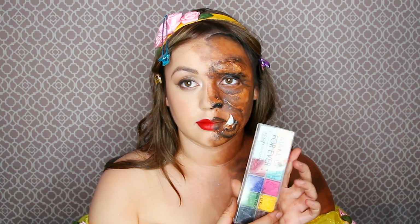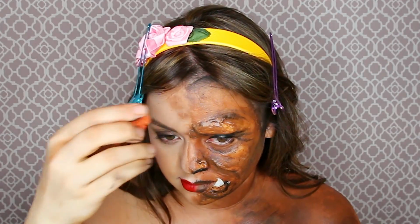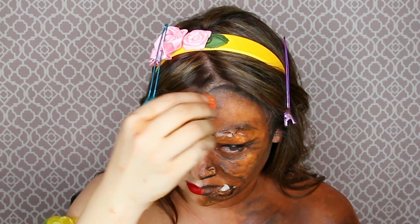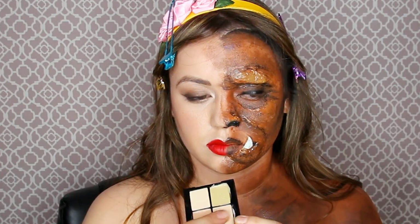Then taking my Makeup Forever Flash palette, of course if you do not have this, you could also use a great dupe, which is Halloween regular store tube paints or black lipstick, and do some texturizing around your face in these areas as shown. Getting a flesh tone concealer color and tapping that on the high points of the face,